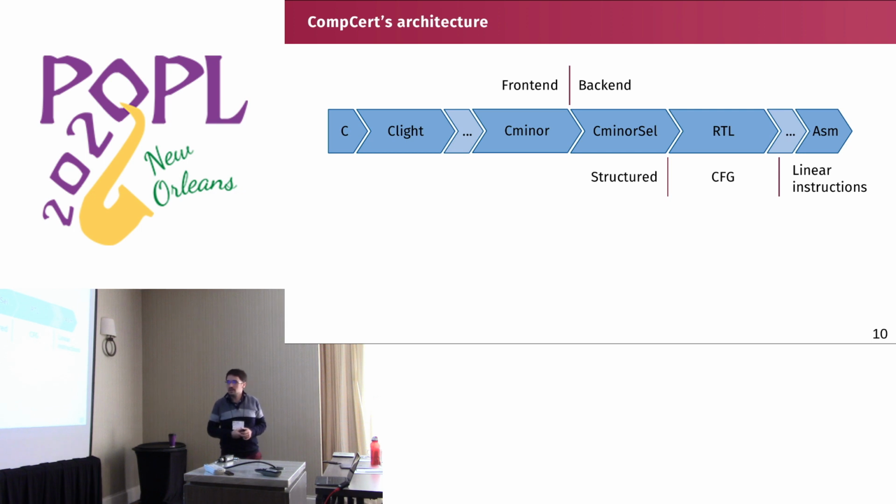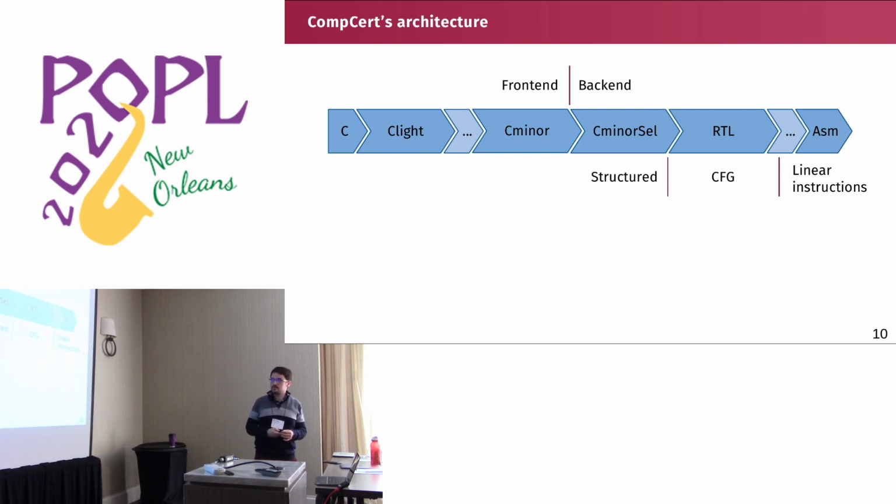So this is an overview of the CompCert compiler. It's a compiler that compiles C code down to assembly code. During the compilation, it goes through several internal representations, intermediate languages, such as Clight, Cminor, etc. The first languages of the compiler are structured languages, with statements and instructions. The intermediate languages are presented as a control flow graph, and the last languages consist of just a linear list of instructions